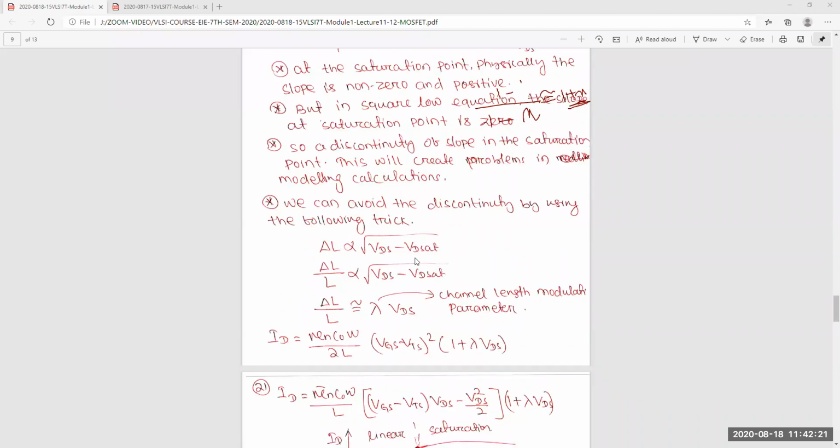What we'll discuss in the next class tomorrow is only the dynamic part: the transistor at high frequency, what the transistor behavior is, what the capacitances are, and what the small signal circuit is. That we'll discuss, and we'll end the transistor part tomorrow. Okay.